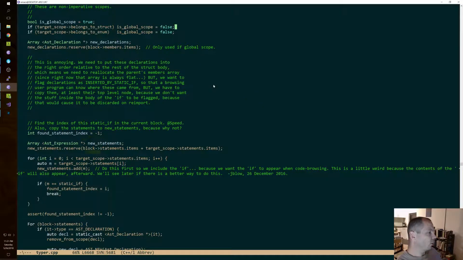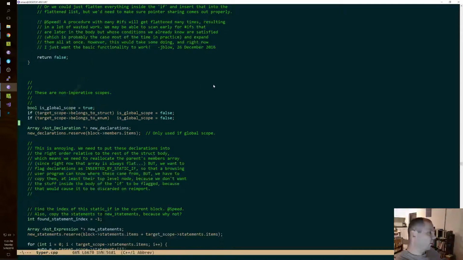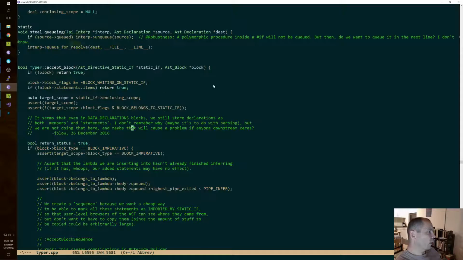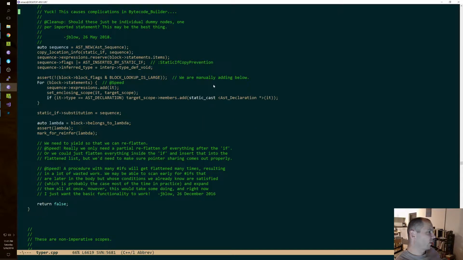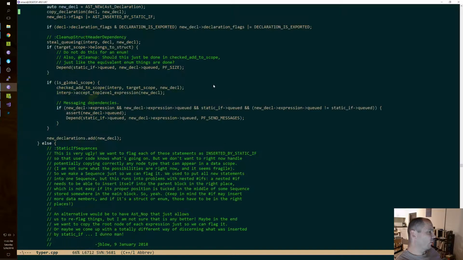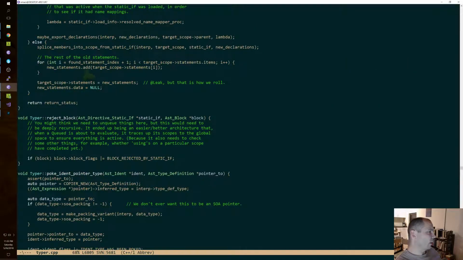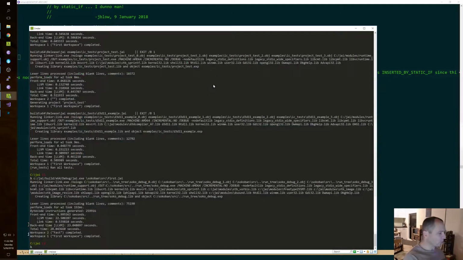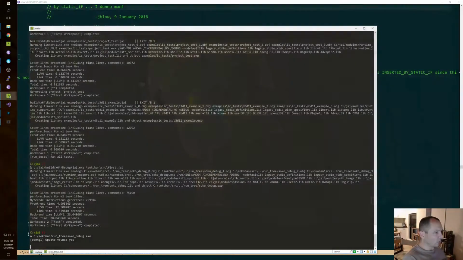This is still, like I said, for me to be really confident about static if, I really would like it to be simpler. Now look at all the stuff we do in different cases. I would like it to be a third as much code as is here. I'm not sure what the best way is to make that happen, but maybe it'll become clear as we continue to improve the compiler.